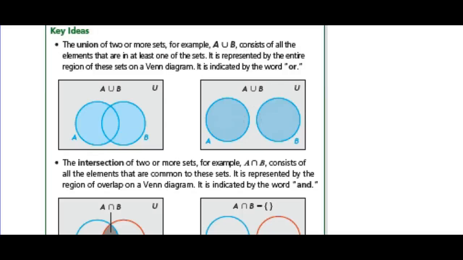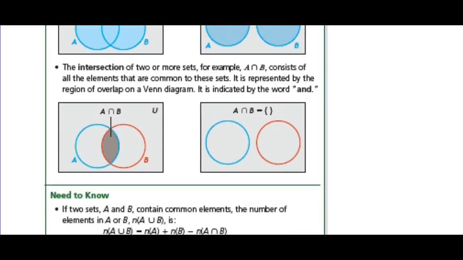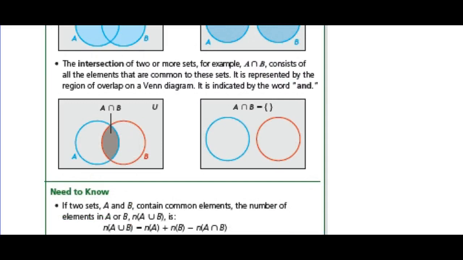Okay, this just talks about the union of two sets. So the union if there's overlap, and the union if there is no overlap. And then it talks about the intersection. And if this intersection is the empty set, right? Which they are going to denote by writing this. Okay, that's the symbol, but it's on your formula sheet. So if you're saying, what's a 0 with a slash through it, right? Look on the formula sheet, there it is. Empty set. Okay, so that's that for 1, 2, and